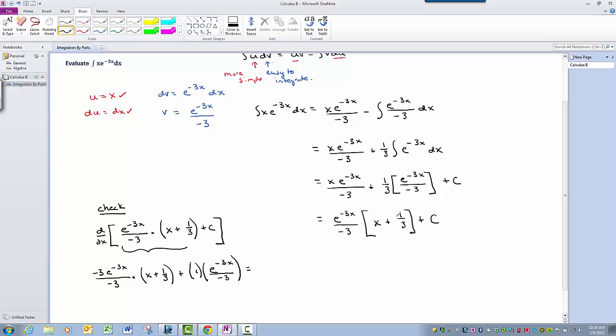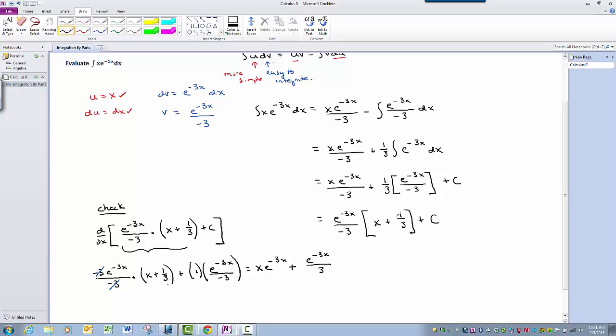So now what I'm going to do is simplify a little bit here. So these guys are gone, and I'm left with x times e to the negative 3x plus 1/3 times e to the negative 3x, which is e to the negative 3x over 3,